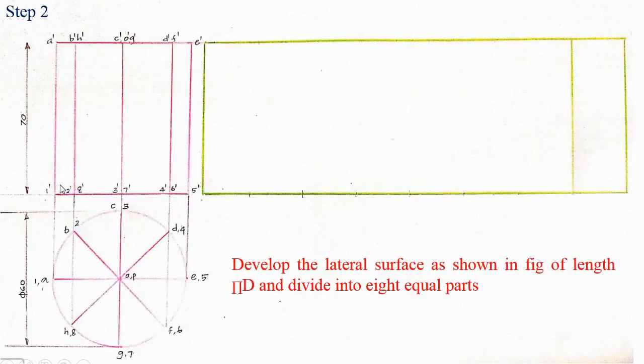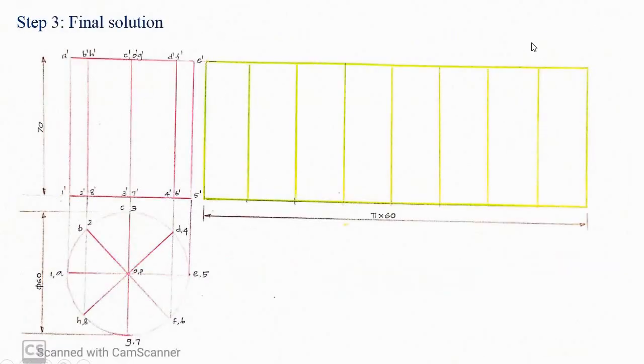Now, as you know, the development is nothing but a rectangle. So you leave some space. You can draw along the same XY line. Draw a line of height 70 mm. And along this particular line, the length is equal to pi d. Upper surface is also pi d. Now the next step, you will get a rectangle of length pi d and height 70. Now you divide the rectangle into different equal pieces. Equal pieces means you just check the orthographic view. How many pieces have you divided here? The circle, 8 pieces. So here also you have to divide the rectangle into 8 equal parts.